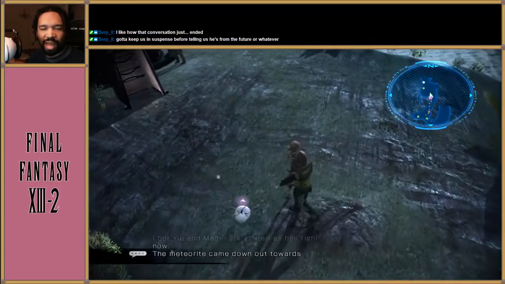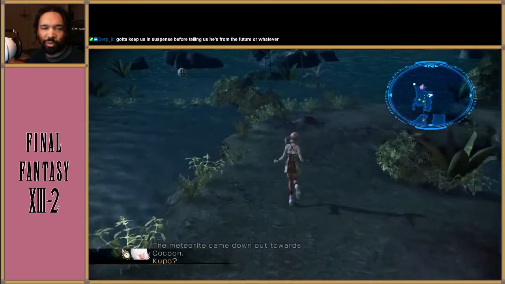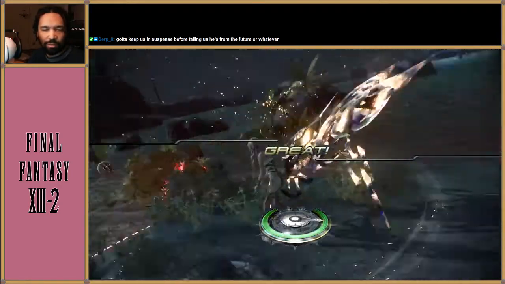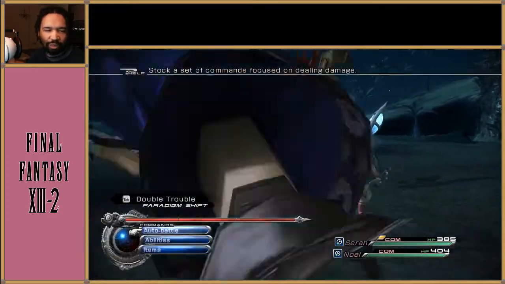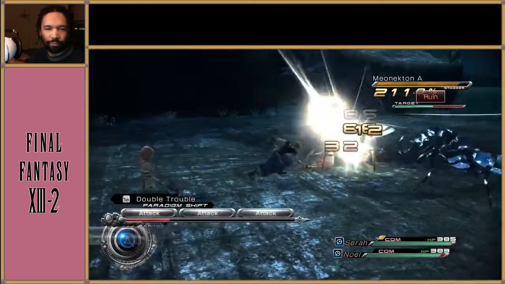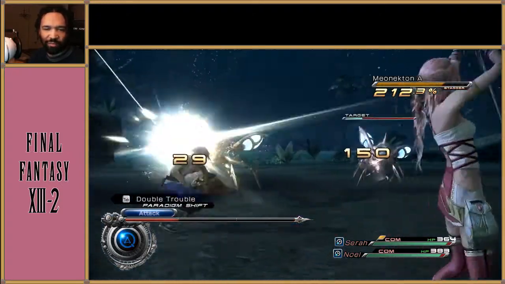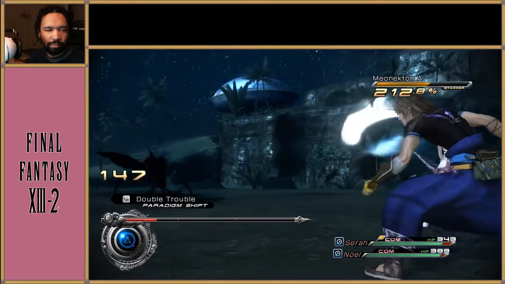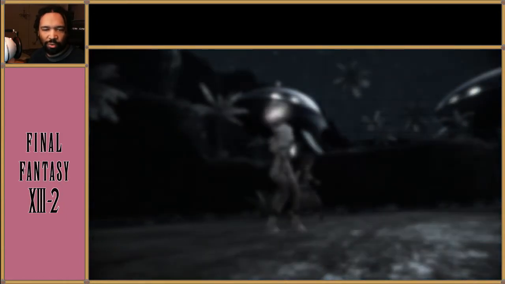It's also weird now to have a dedicated jump button and you have to use it in order to do the context-sensitive movement. I mean, there is no context-sensitive movement. You actually have to hit jump when you get there. Okay, and just like before, you can hit triangle or some button in order to